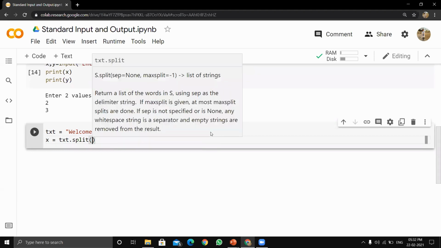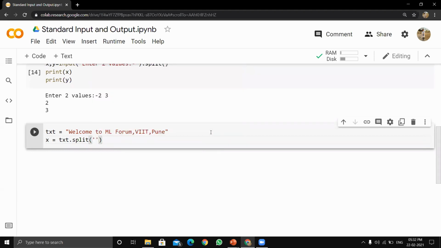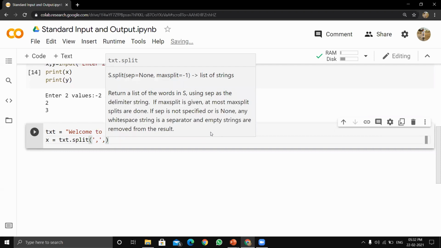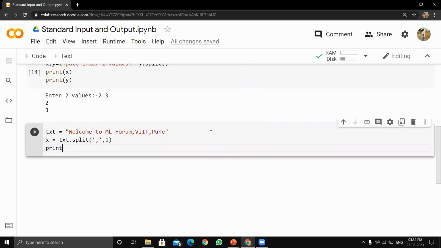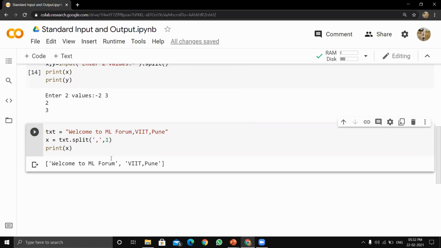I will use the separator as comma, and max split I will give as 1. So if I print x and run this cell, you can see welcome to ML forum is the first split and VIIT Pune is the second split.